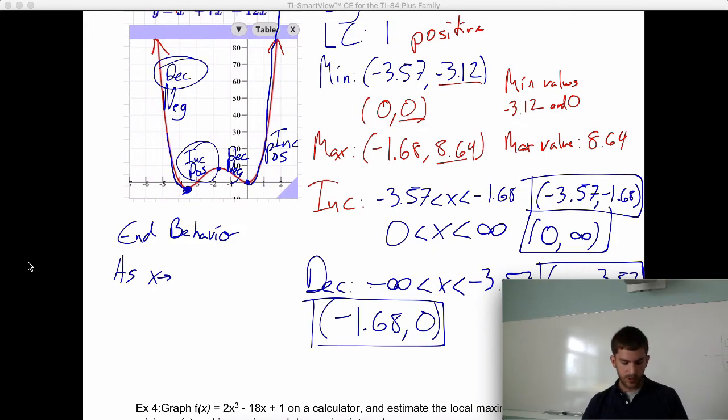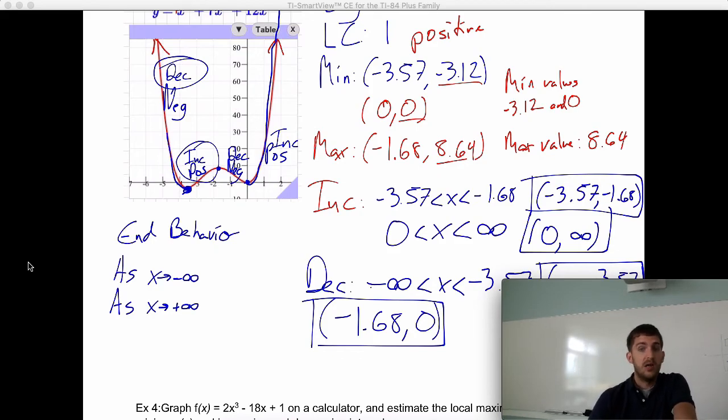It doesn't matter if you start with x equals negative infinity or x equals positive infinity, because you have to do both anyways. I believe Mrs. Walker tends to list the positive infinity one first. I tend to list the negative infinity one first. Again, doesn't matter as long as you're describing it well. It's like saying Mrs. Walker teaches second hour algebra 2 and I teach third hour algebra 2. Does it matter if I say that I come first? Who cares? So as x approaches negative infinity, as we go further and further to the left on this graph,